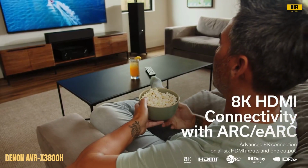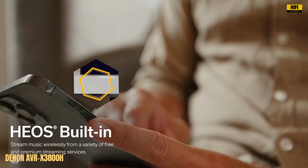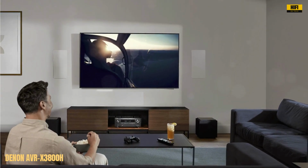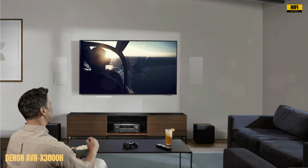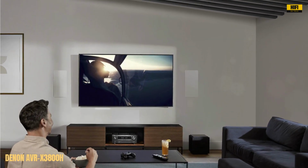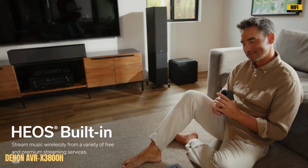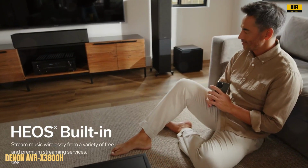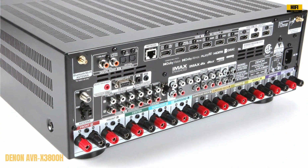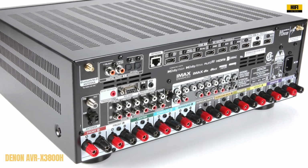Standard features for this category include USB, AM/FM tuner, Wi-Fi, and Bluetooth, the latter 2 of which enable the usage of speech assistants, Alexa, Google Speech Assistant, Apple HomePod, as well as streaming services, AirPlay 2, TuneIn, Spotify Connect, Pandora, SiriusXM, and Roon tested. The Denon AVR-X3800H includes 3 HDMI outs, HDCP 2.3, ARC, eARC, with options for 8K upscaling